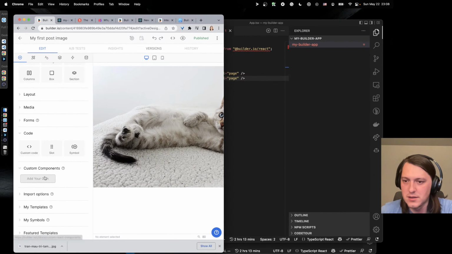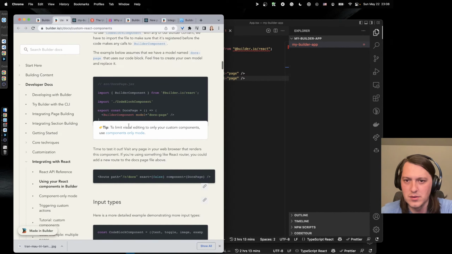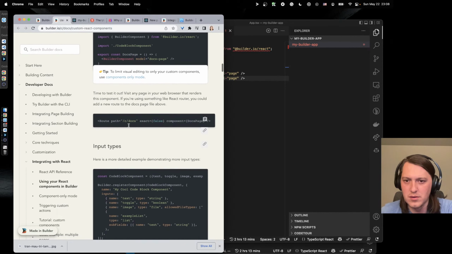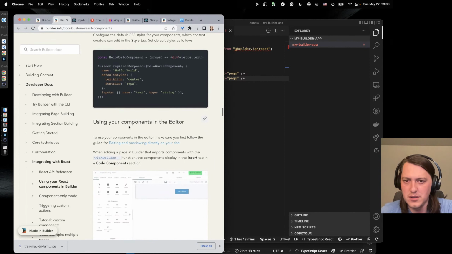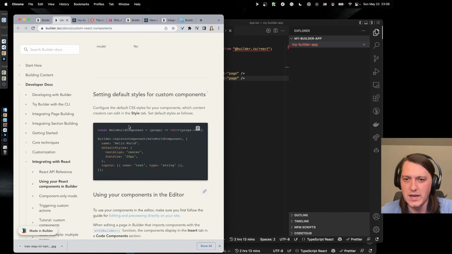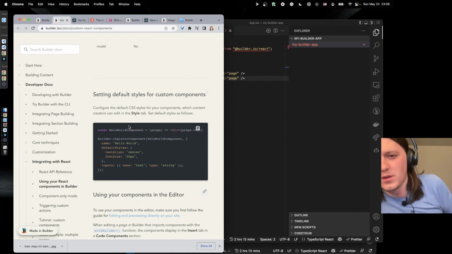So add builder to key, builder component, including the component.